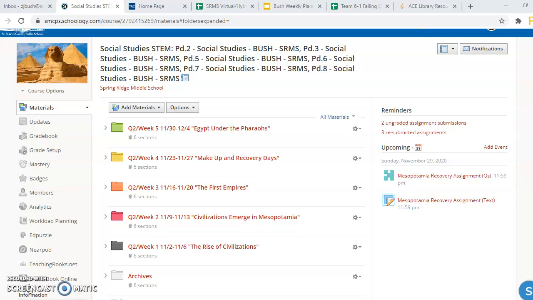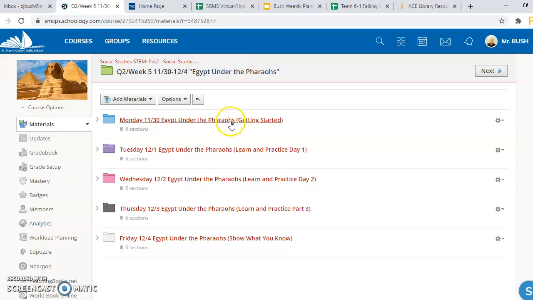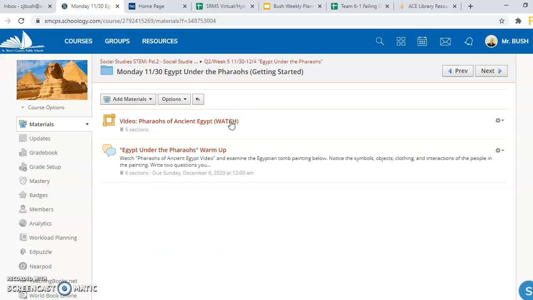Monday is very simple for students as we are getting started with our new unit, Ancient Egypt. This week's learning set is called Egypt Under the Pharaohs. So that is a green folder for this week in social studies. It is quarter 2, week 5. And as students enter Monday's folder, which is the blue folder, Monday 11:30, they will see just two things in